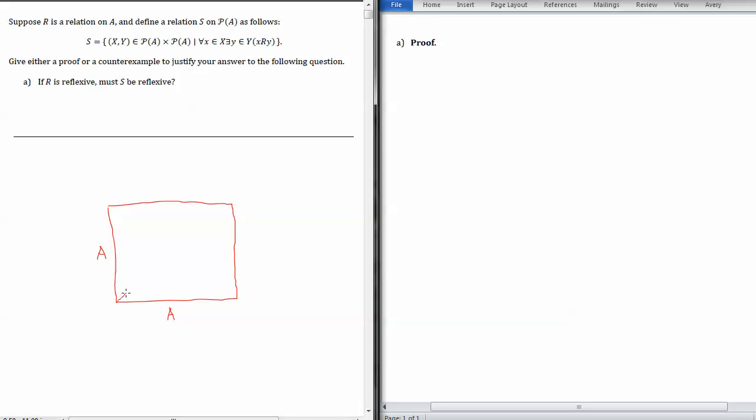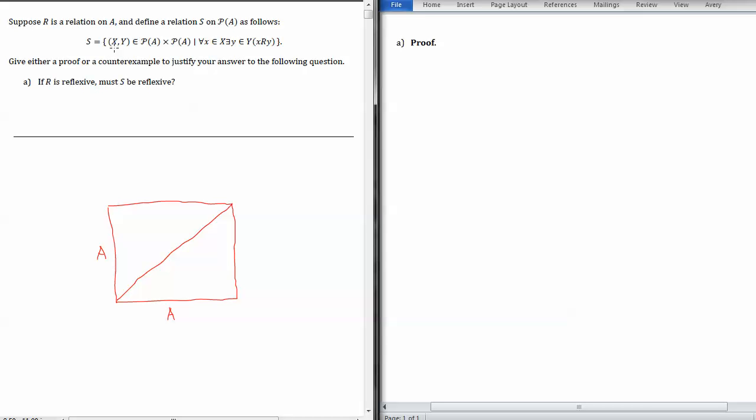I wonder if I can actually draw this. Let's see. There we go. Okay, let me try that one more time, see if I can get it a little straighter. Okay, not terrible. R being reflexive means that R contains all the points on that diagonal. Okay, and so we have that, and now we're trying to figure out if S is reflexive. So we should take some